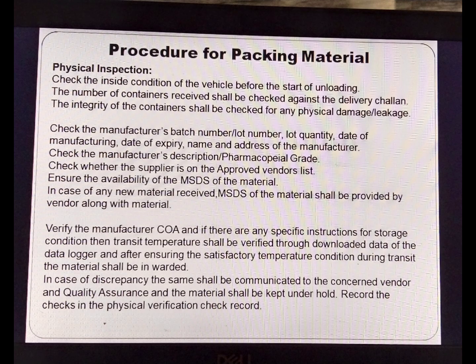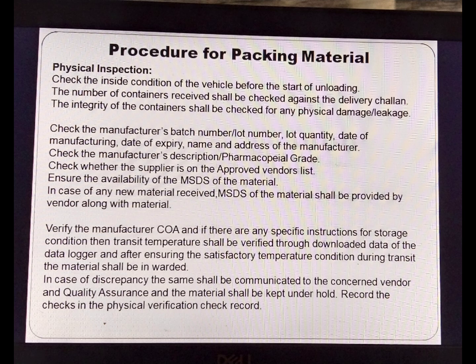Check whether the supplier is on approved vendor list. Ensure the availability of the MSDS of the material. In case of any material received, MSDS of the material shall be provided by the vendor along with the material. Verify the manufacturer's COA. If there are any specific instructions for storage condition, then transit temperature shall be verified through